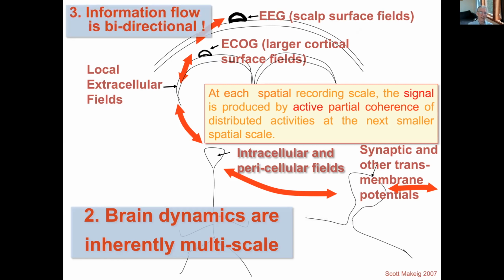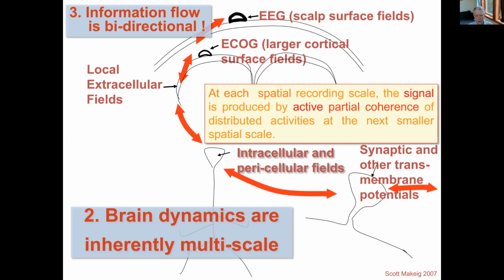Third, the information flow is bidirectional, from small to big, from big to small. It was thought by the single-cell neurophysiologists, who saw the brain working as a telegraph code of spikes put out by neurons, that something like the EEG or the local field potentials were just what they called the roar of the crowd and meant almost nothing. Well, now it's been again shown that